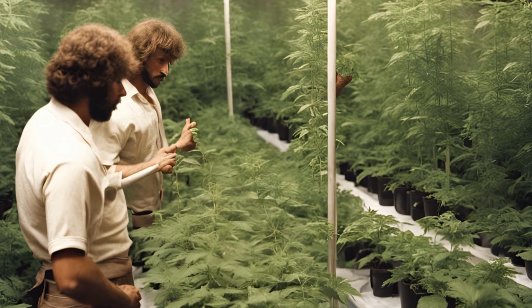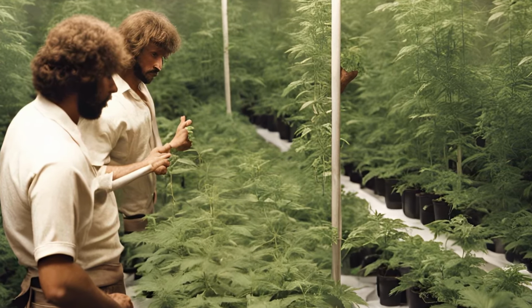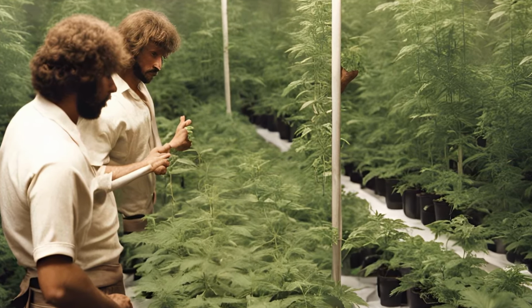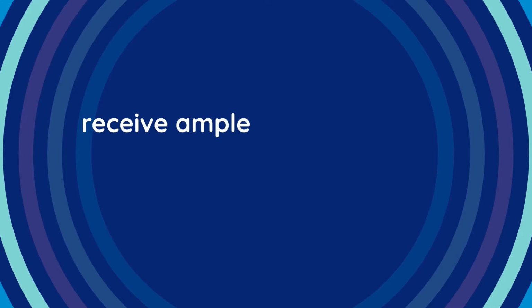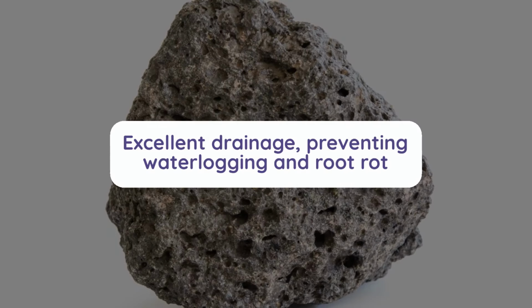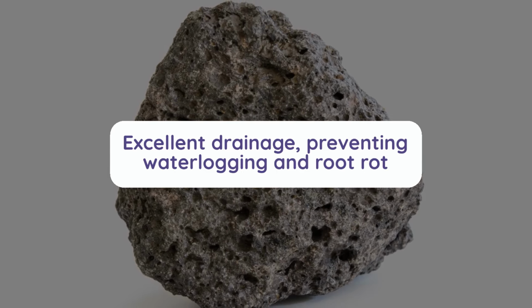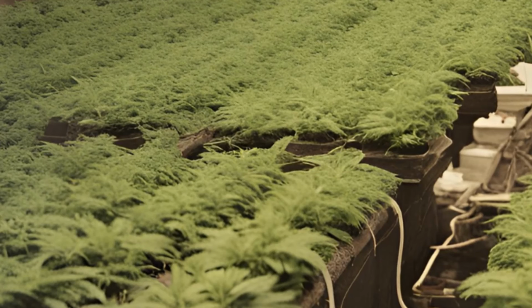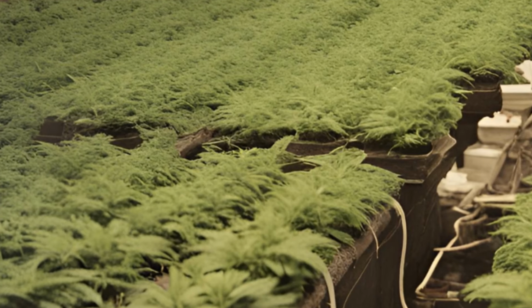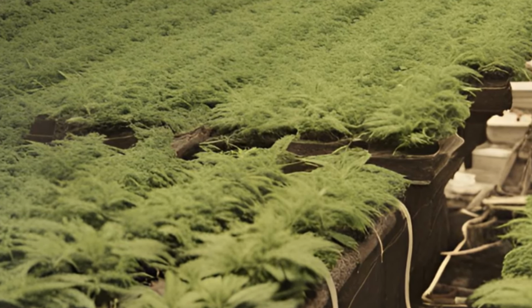Similarly, experimentation showed that volcanic rock offered ample benefits as a growing medium for cannabis. For example, volcanic rock provides excellent aeration, ensuring that plant roots receive ample oxygen, which is crucial for healthy growth. Similarly, the porous nature of volcanic rock allows for excellent drainage, preventing waterlogging and root rot. Finally, volcanic rock is chemically inert, meaning it does not interact with the nutrient solution, ensuring that plants receive a